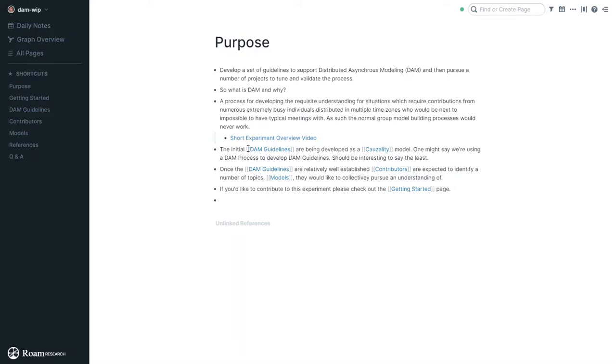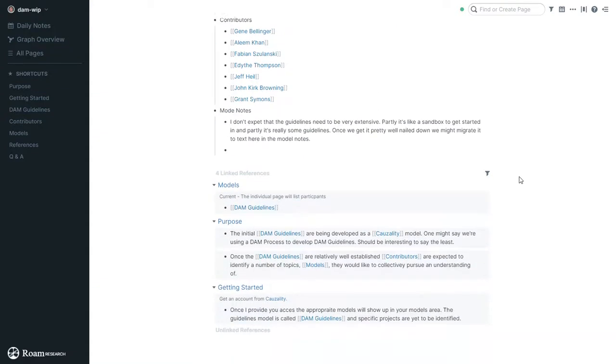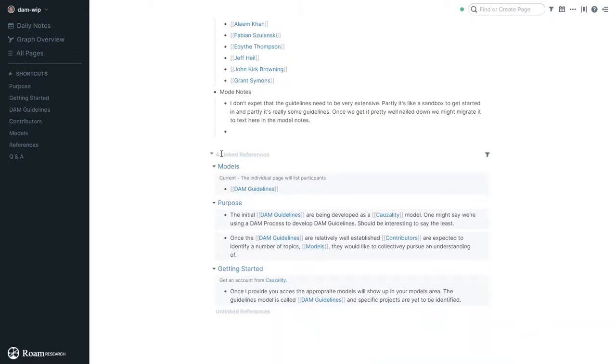And anytime you see anything in double brackets, that's actually a reference to another page. And if it's highlighted and it's not in brackets, it's a link to something somewhere else. So if you click one of those references to a page, you get to that page. And at the bottom, it shows you there are references to this page from 4 different places elsewhere in this Roam graph.